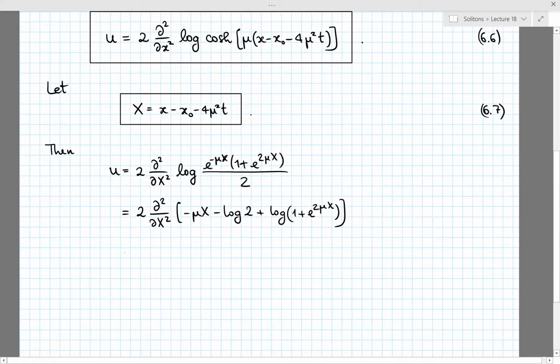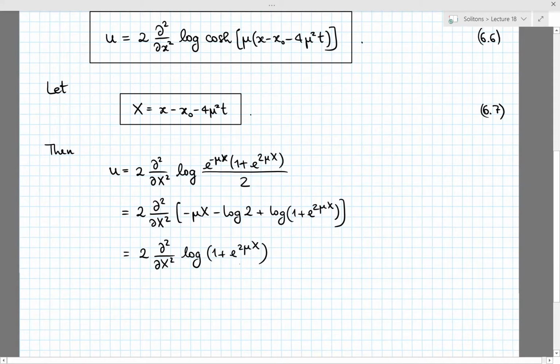And so we simply get that u is equal to twice the second derivative with respect to this new variable x of the logarithm of 1 plus e to the 2 mu capital X,